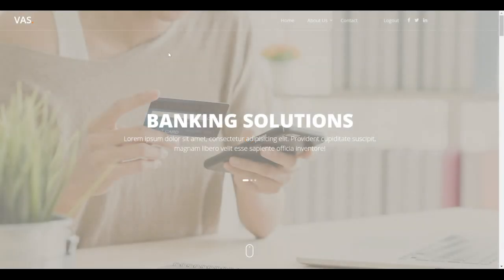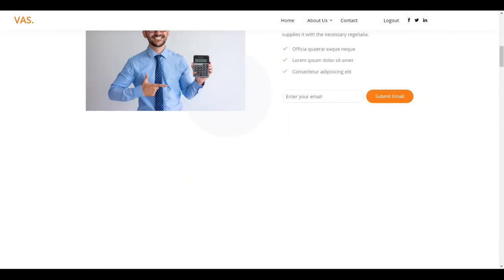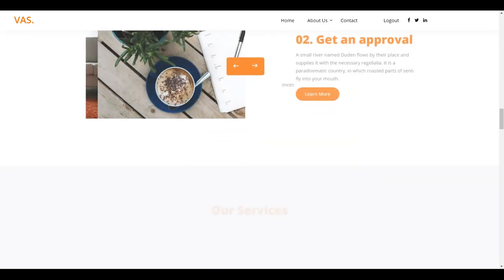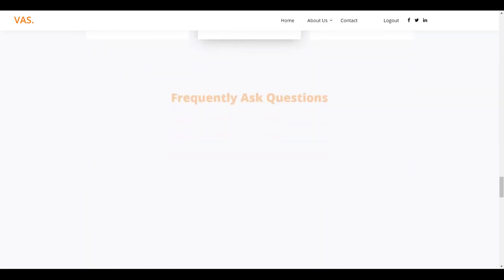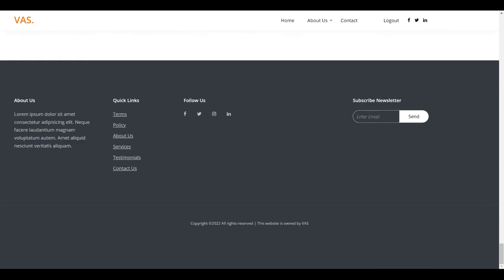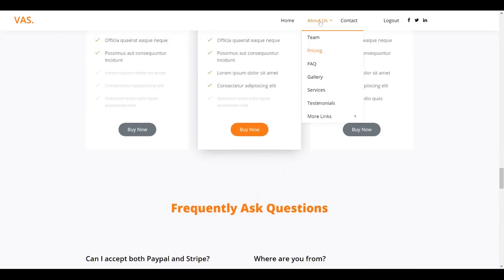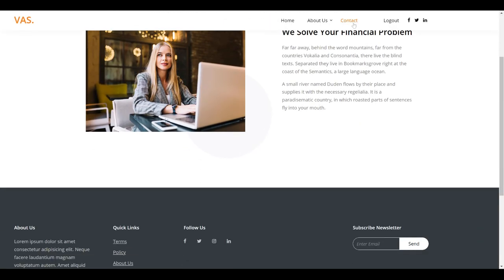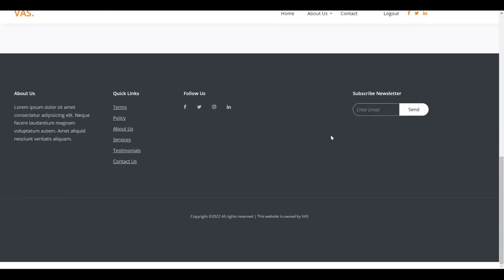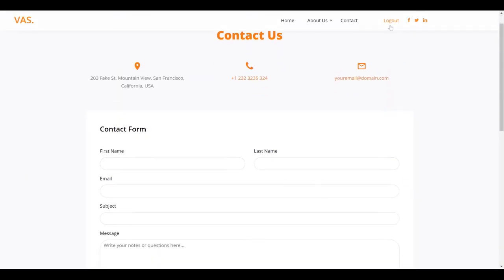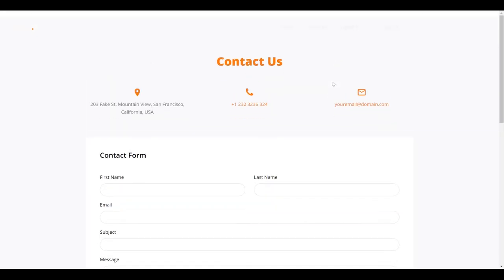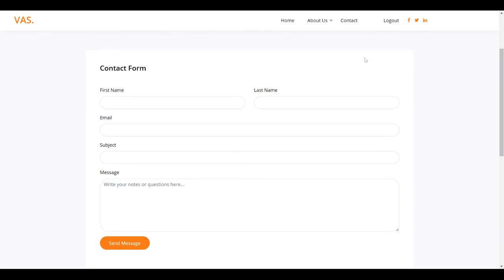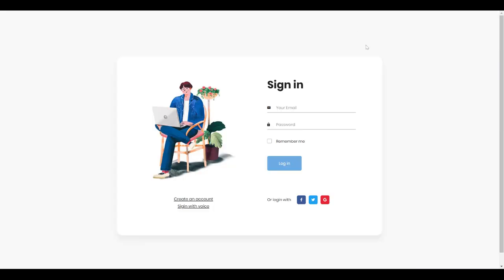And this is the home page of our voice authentication app, where you can see that a lot of stuff is over here. This is basically for a banking website. So you can see that this is a banking website. And now we have checked that this works well, and there is a logout button, and that's it